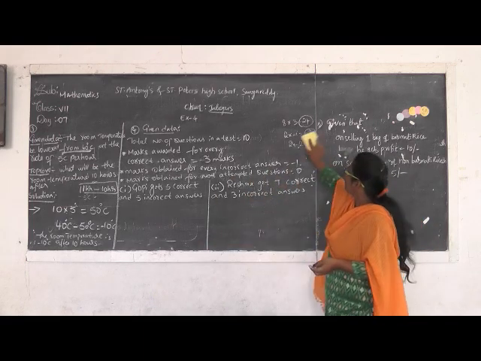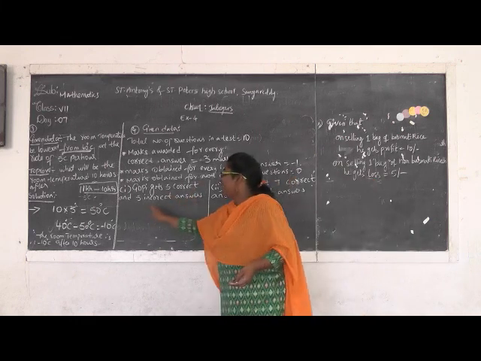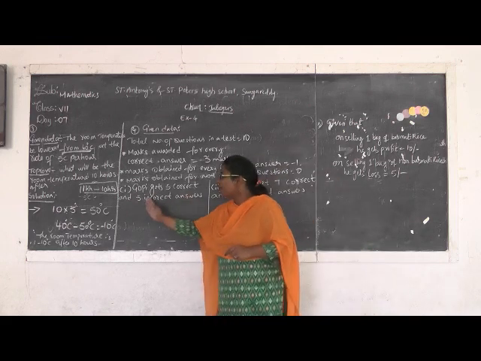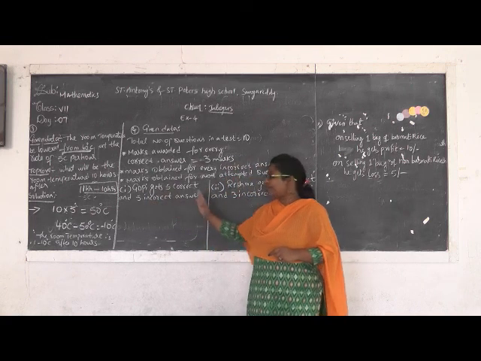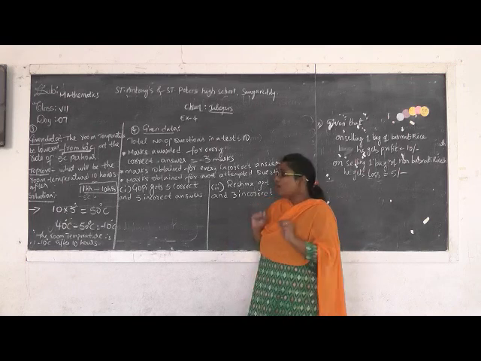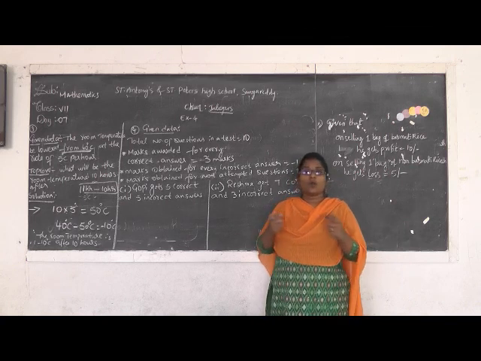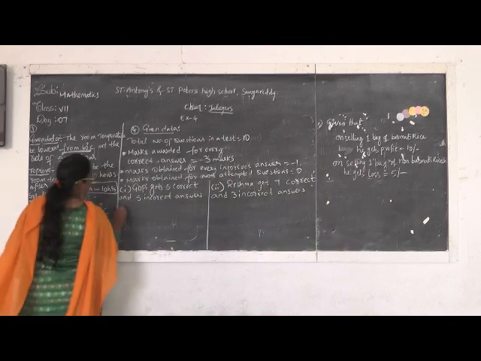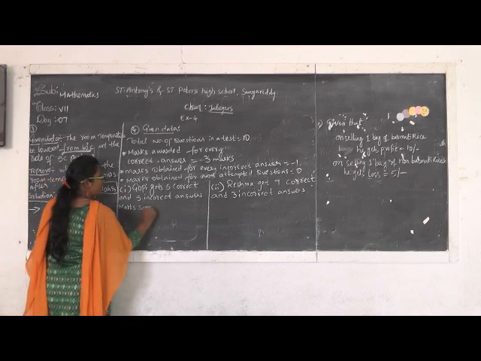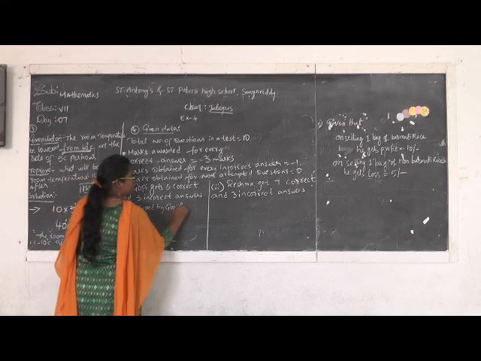Now in this concept, the first situation they gave: Gopi gets 5 correct and 5 incorrect. Total how many questions? 10 questions. Out of 10, one boy Gopi wrote 5 questions correct and 5 incorrect. That means he attempted all the questions. Now what we have to find is the score of Gopi. How many marks were scored by Gopi? Now let's see. Marks scored by Gopi for correct answers.